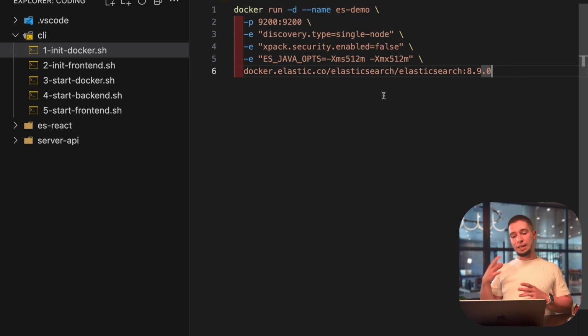Also, we've disabled our security, because here we have a problem. When you're working with Elastic, you should always use your username and password to make the connection secure and to work with that correctly. And we'll have a lot of problems because of that. If we don't disable that, we should use our standard password, which, as I remember, is elastic and changeme.